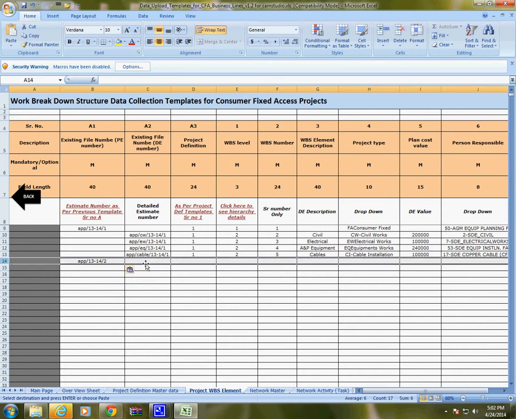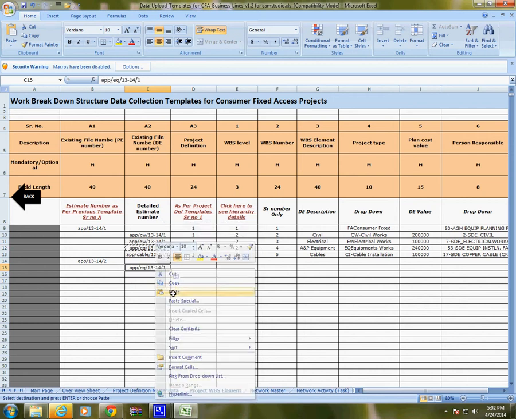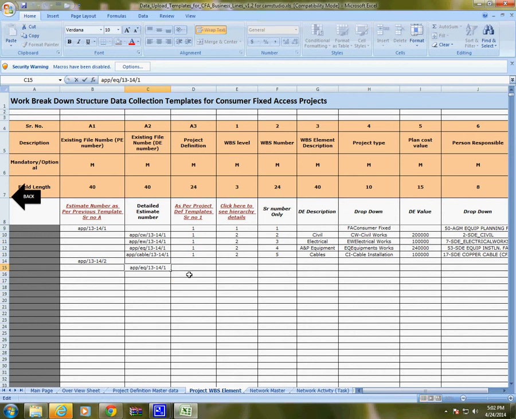Suppose I am having only one detail estimate for this. It can be equipment works. So maybe that file number is 2. So the entry for this here will be 2, and this detail estimate is for project definition 2.